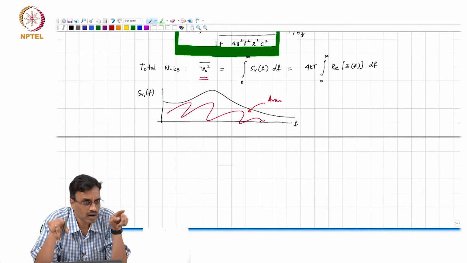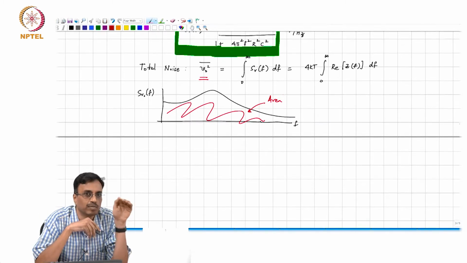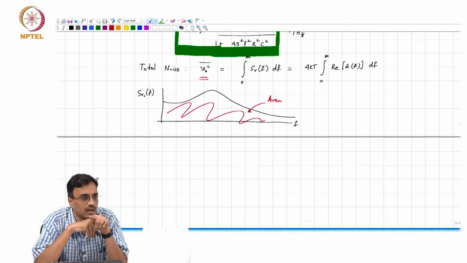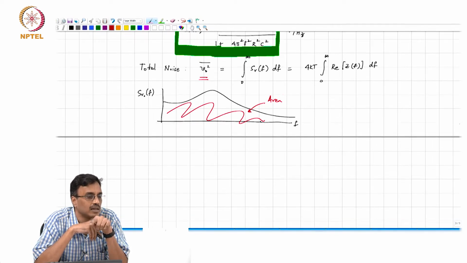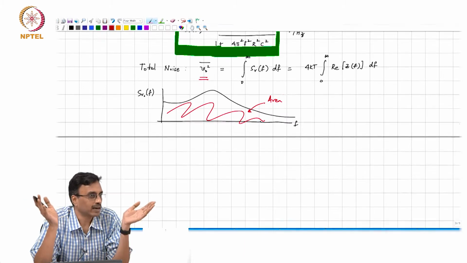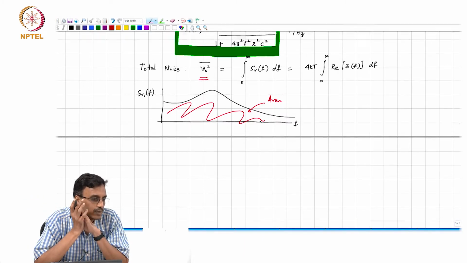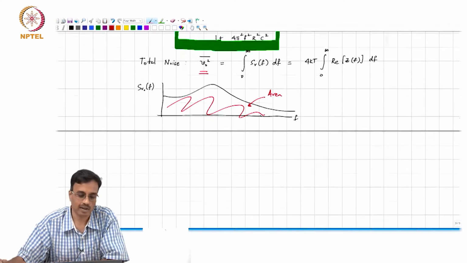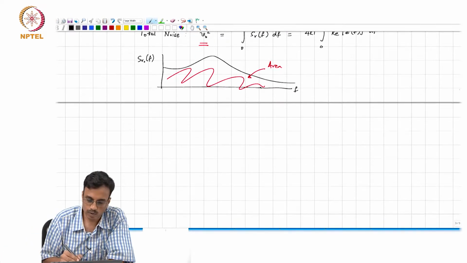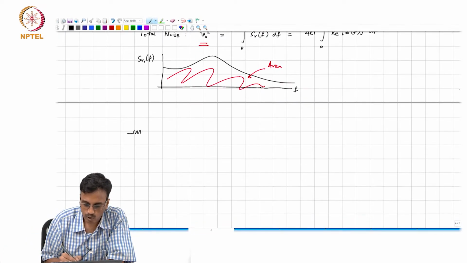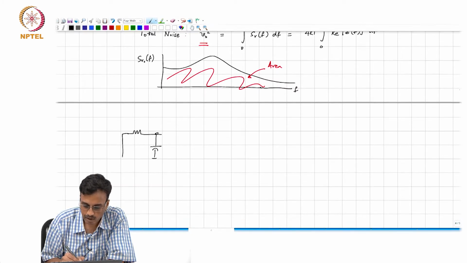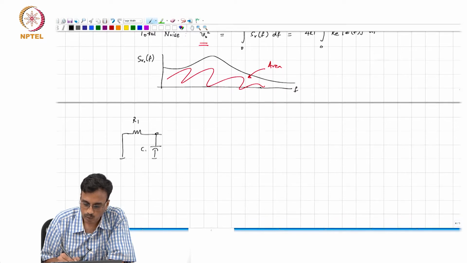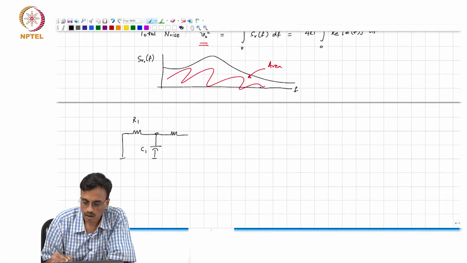Why is it a lot of work? We have to calculate the transfer function from every noise source to the output, all right, and then find the square of the transfer function. And just in case, since most of you have this look on your face, why is this so difficult, okay. So, let us call this R1, C1, R2,